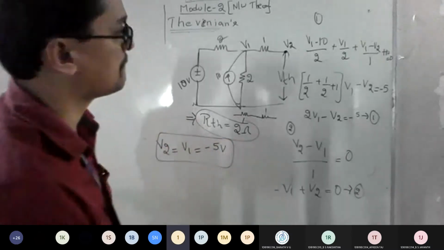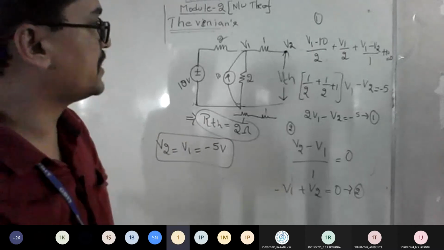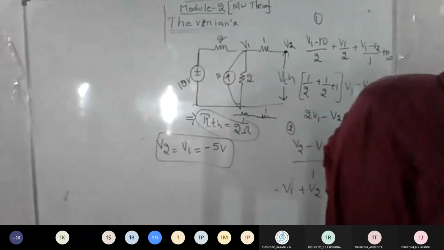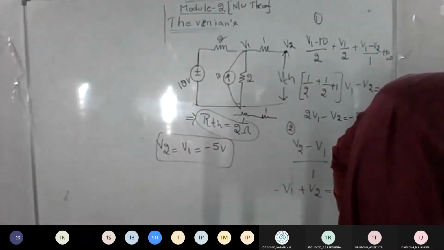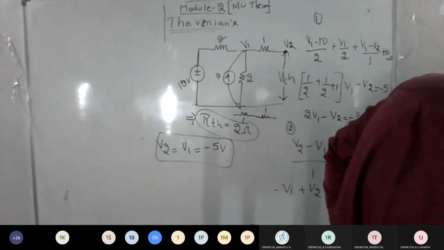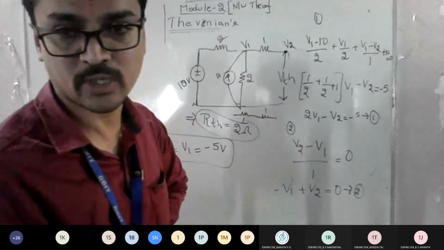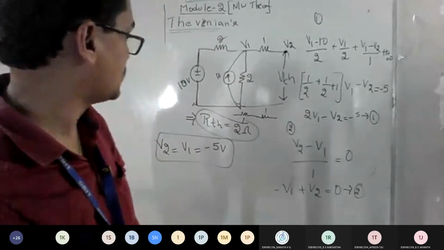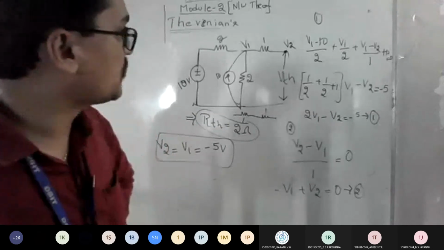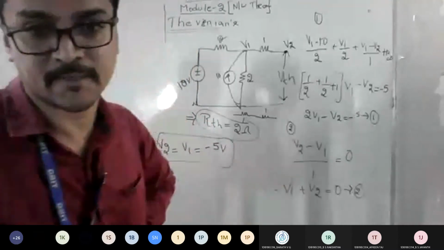Okay, fine. Others, just check out. If anybody has done it using the KVL equation, what is the answer? Check out the current also. What is the load current answer? IL is equal to VTH over... I think the current also will come negative. See, negative current or negative voltage means the assumption you have made should be reversed. So what I took as V2 minus V1 should be V1 minus V2.